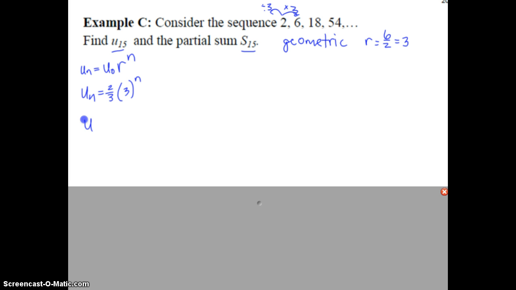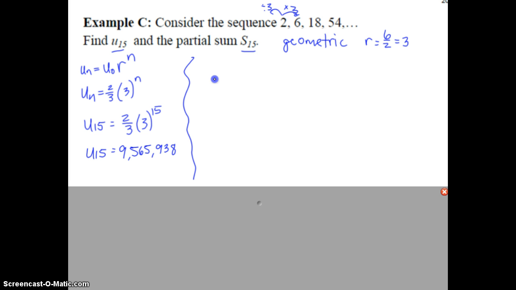That means if I want to find U sub 15, I can now use this formula by plugging in 15 for the n. 3 to the power of 15 times 2/3 is going to be a very large number. It's going to be 9,565,938. So far we found the 15th term. The 15th term is 9 million, which means the sum of the first 15 terms is going to have to